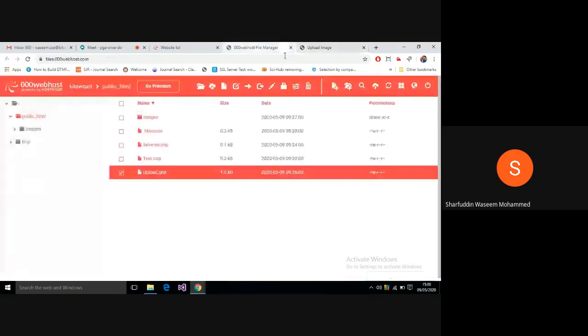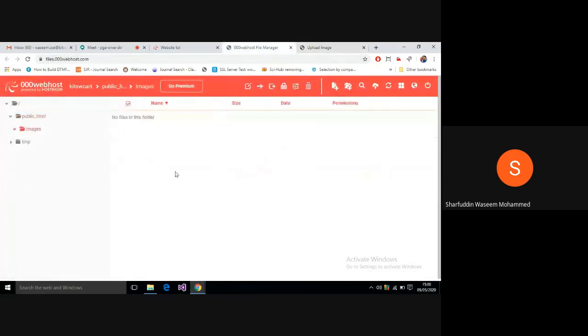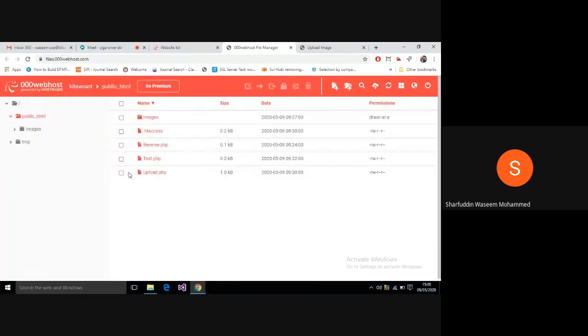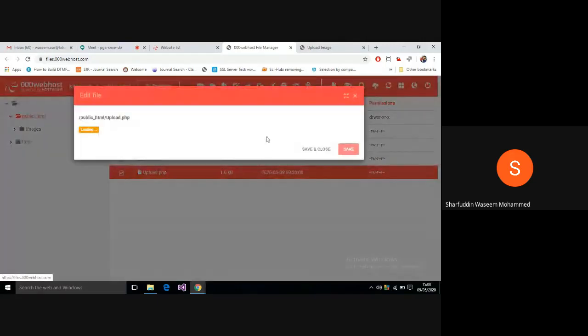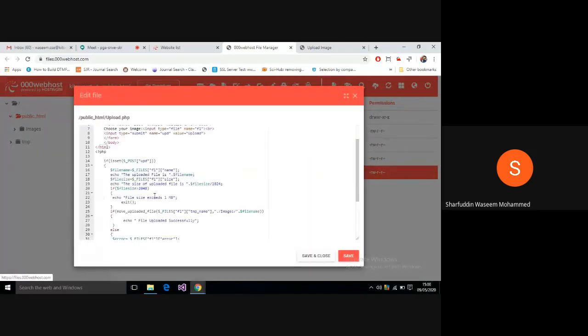Where is it? First of all we'll check whether this directory, this folder, is empty. So we'll remove the condition. We'll check this because the condition is not working, I think. That's the reason it is displaying this.